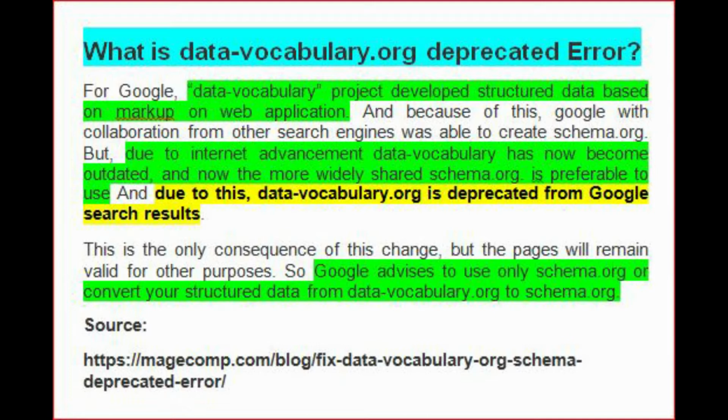So this is the consequence of this change, but your pages still remain valid for other purposes. But Google advises us to use schema.org or convert your structured data from datavocabulary.org to schema.org, and that is the reason we see this error.